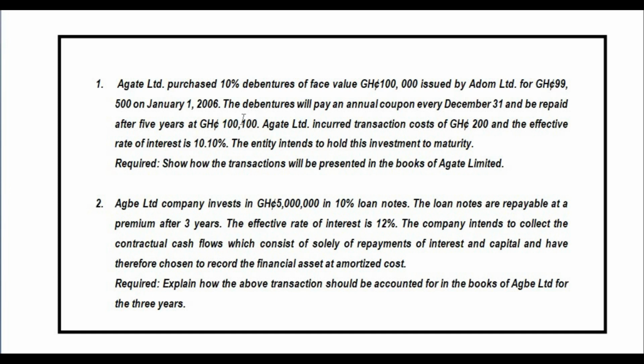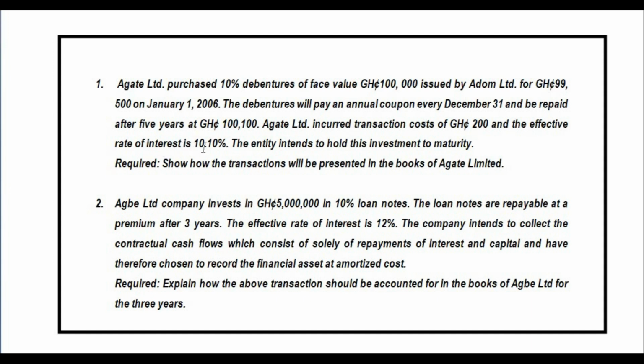Here the premium is 100. The premium has already been calculated, but in some other questions we may be required to calculate the premium and add it. And they said Agate Limited incurred transaction cost of 200 cedis, and the effective interest rate is